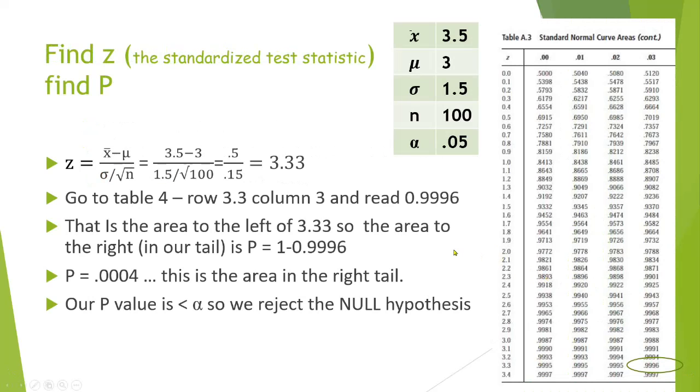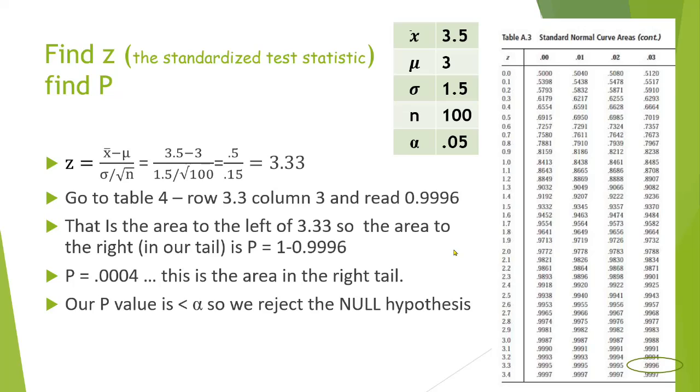All right, so to find z, first of all, we use this formula. z is equal to x bar minus mu divided by sigma over the square root of n. And just plugging in the numbers, we come up with 3.33. Now, we're going to go to the standard normal table. This is a z value, so you're going to look in the z column for 3.3 because that one's only accurate to tenths. And then we have to move across to column 0.03,